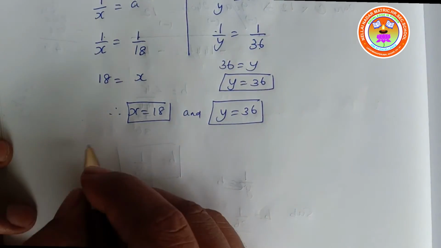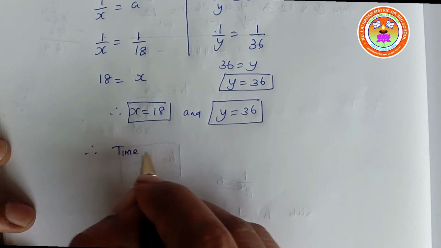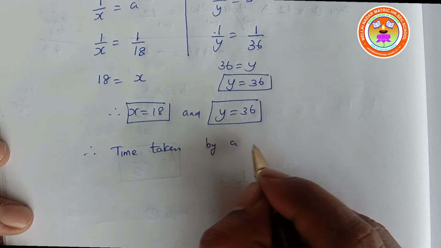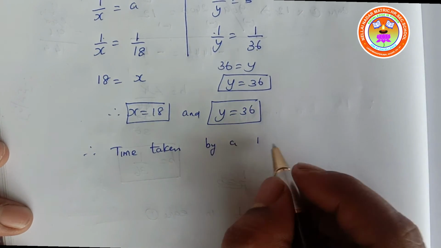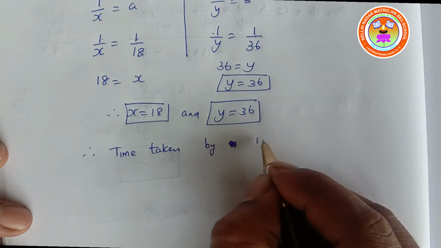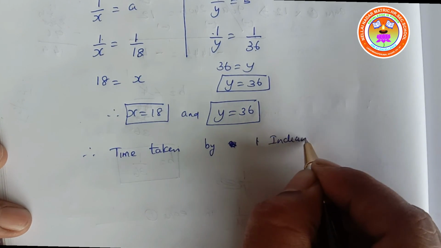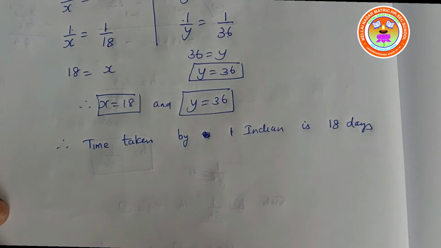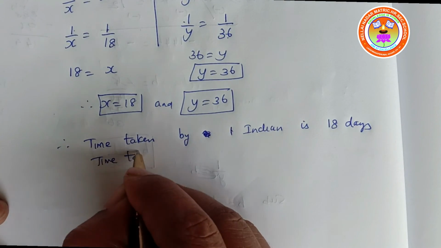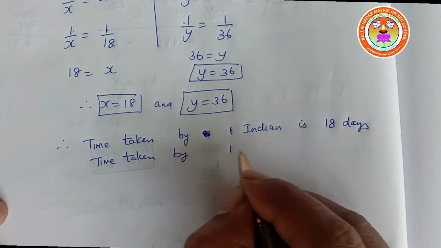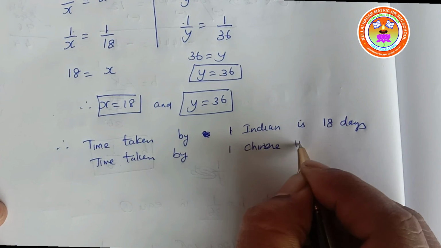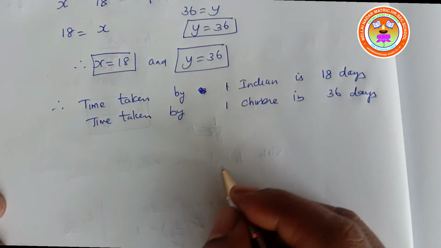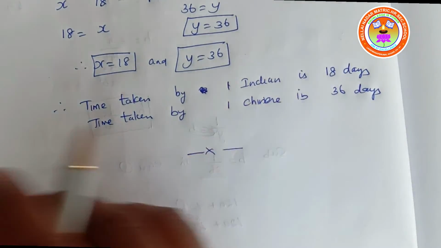Now the time taken by one Indian is 18 days. It's clear, children? Time taken by one Chinese is 36 days. Okay, children, by this we are completing exercise